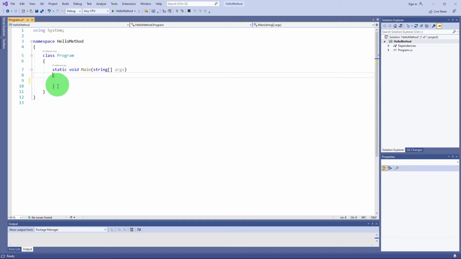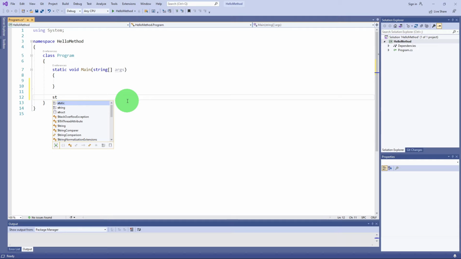In order to write a new method, you need to make sure you do not write in these curly brackets, as they belong to the main method. So what you will need to do is, outside this bracket, start the method with the keyword static. As I mentioned in my previous video, for the time being we will ignore the static keyword because we'll cover it at length. At the moment just remember that whenever you are starting a method, use the word static